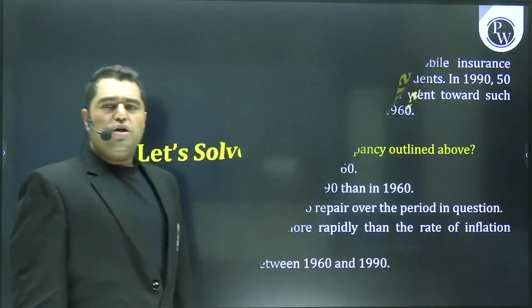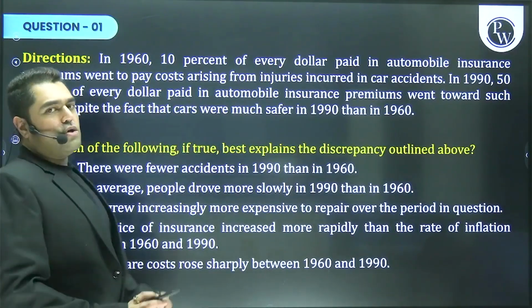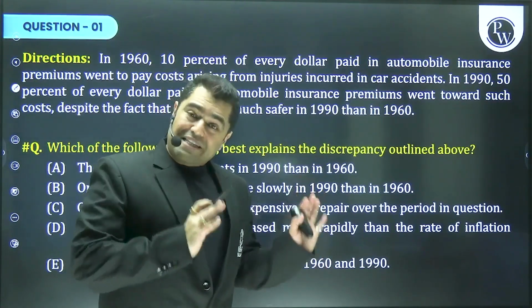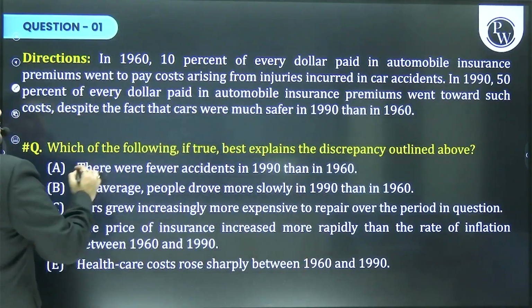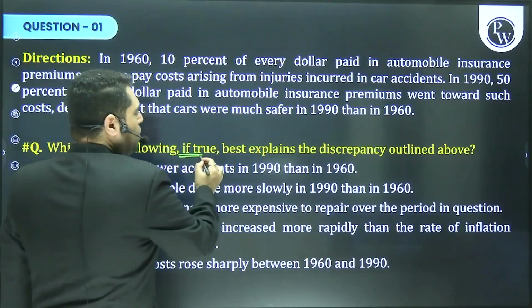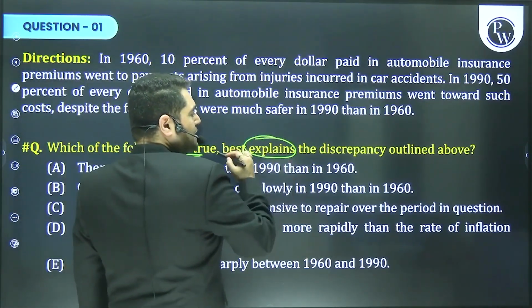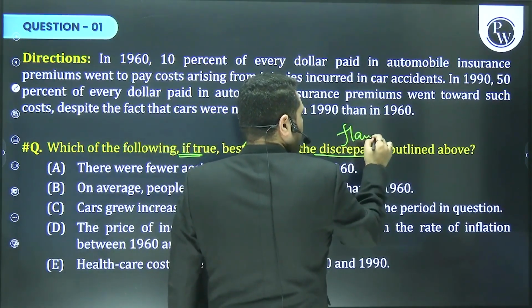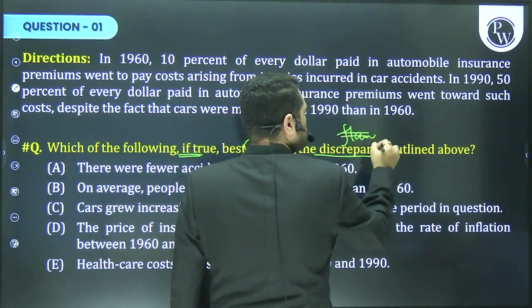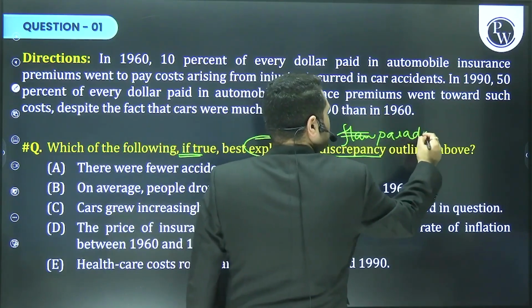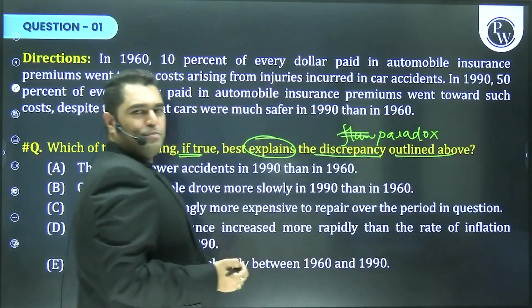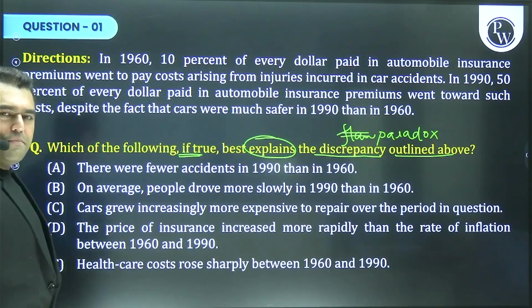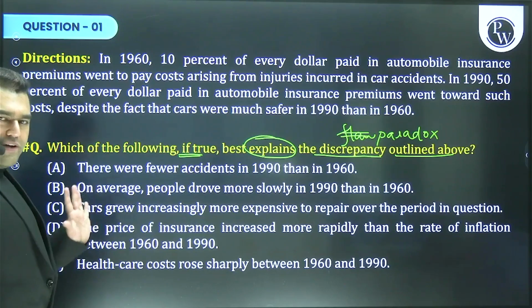Chalo. So people, the question is in front of you. No spoon feeding. First you have to attempt it, write down the answer, we'll discuss it and then check it. You have to tell me which of the following, if true, best explains the discrepancy. So this is a flaw. Yeah, this is a paradox. Yeah, the discrepancy outlined above. So please think, mark, should give me the answer. Hello, people. Now I'm not spoon feeding. I'm just explaining the question.